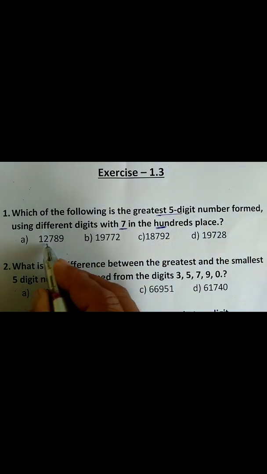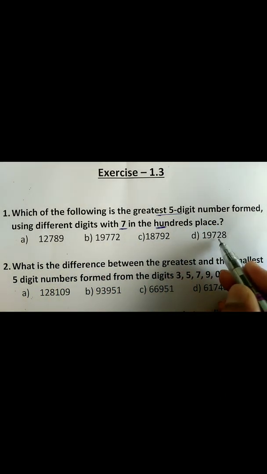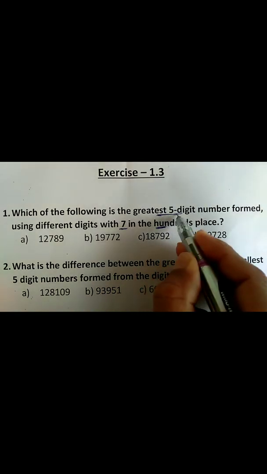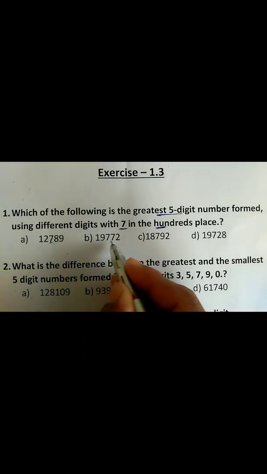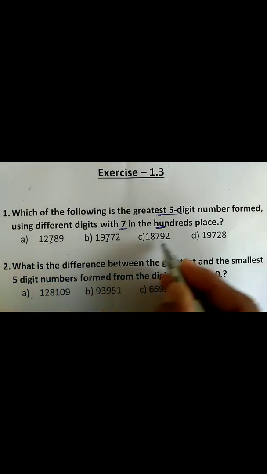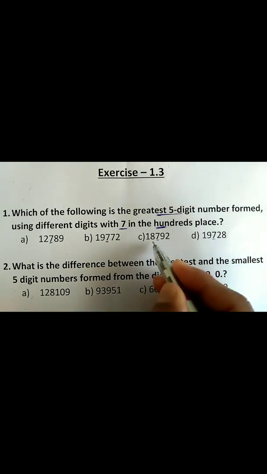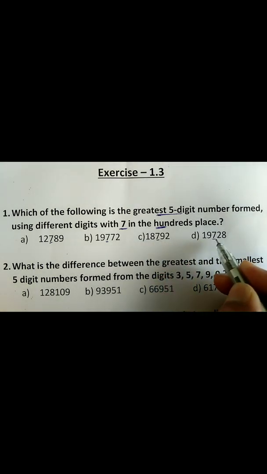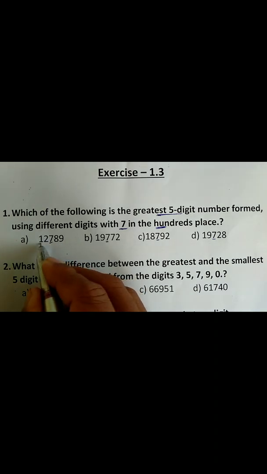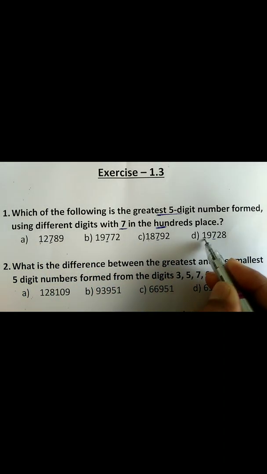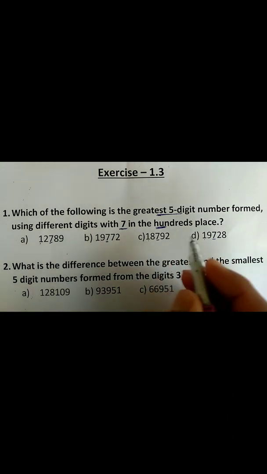We can see here that all the options are 5-digit numbers. All the options are 5-digit numbers और वो भी greatest number चाहिए हमें 7 hundreds के place में. Here 7 is in the hundreds place, here the 7 is in the hundreds place, here and here the 7 is everywhere in the hundreds place. So we can check the first digit from the left side, that is here 1 1 1 1. So it is okay, so all the options will be okay.